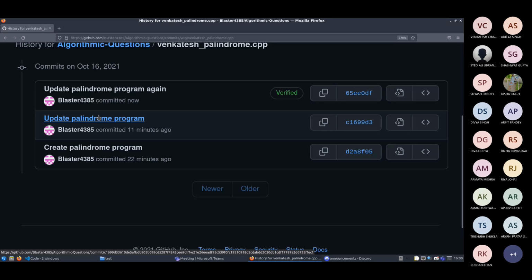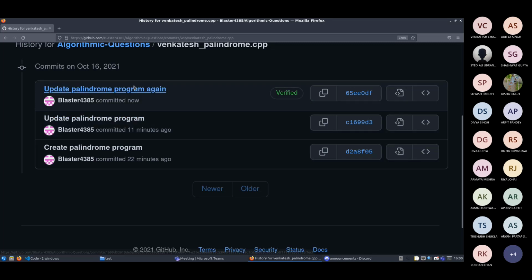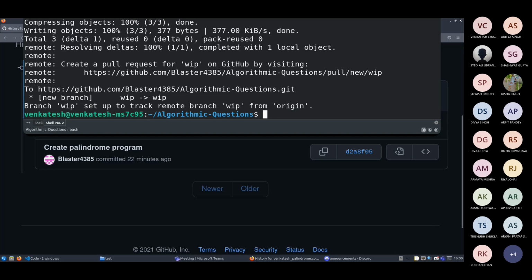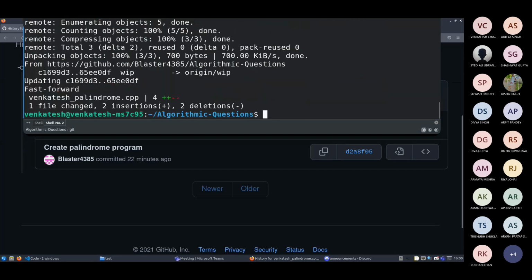So what do I do to get this onto my local repository? I'll open up the terminal again and type git pull. What git pull does is pull the changes that are on the remote repository but not on your local repository, and it merges them into your local repository so that you have those changes.